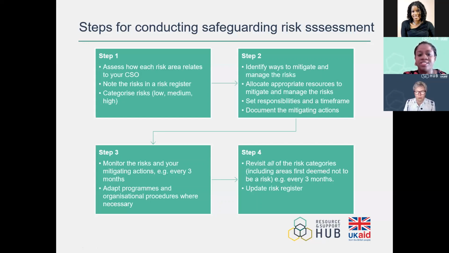Set responsibilities and time frame, document mitigating actions. And then step 3 is to monitor the risk and your mitigating plans. So you constantly monitor. This depends actually on the organization. You might want to do it maybe every 3 months, though that might be too frequent, but depending on the context,